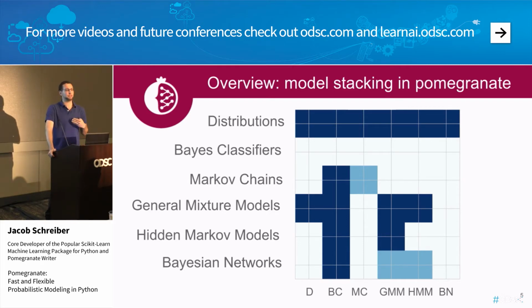This is different from many other packages which implement specific models. For example, Scikit-Learn implements Gaussian naive Bayes or multinomial naive Bayes. But in Pomegranate, you can just drag and drop any type of probability distribution to create, say, an exponential naive Bayes, or have different distributions model different features as appropriate.